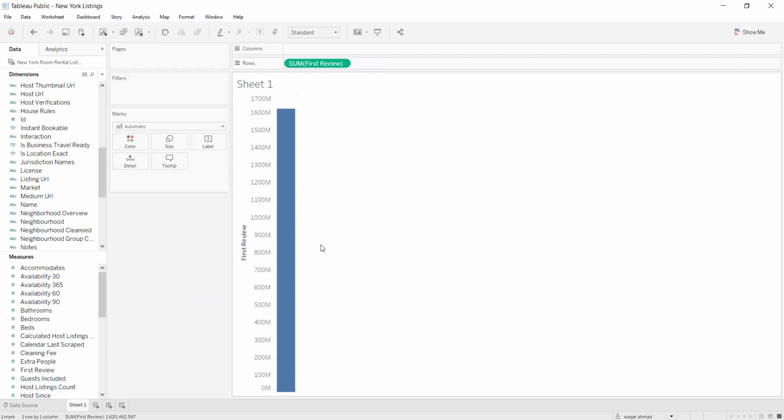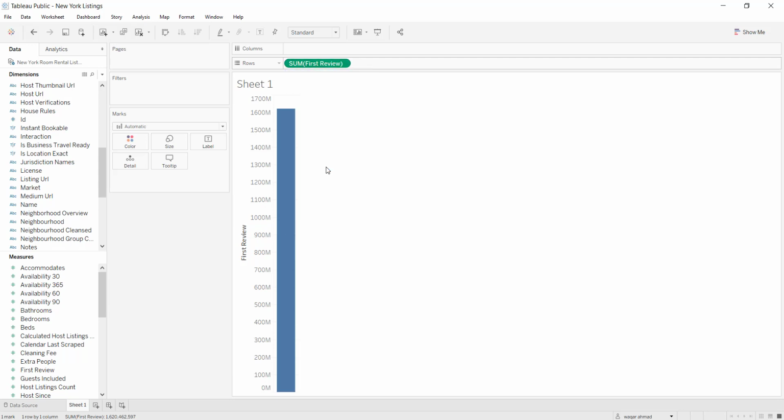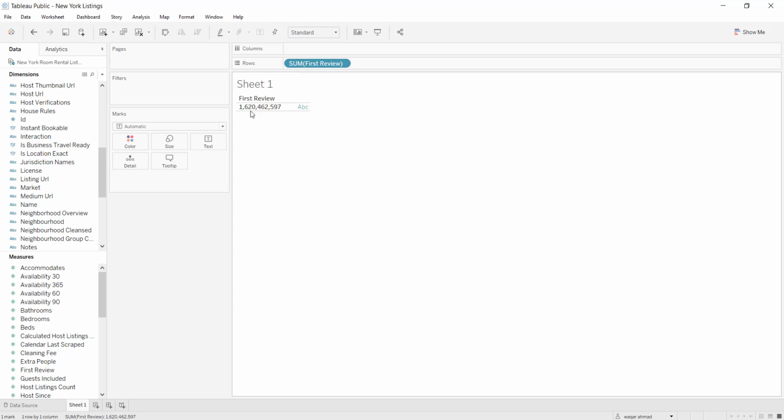Let's go ahead and drag that into rows. We can see that the sum of first review shows 1.6 billion records, right? They're coming in as reviews, and that's the sum of the first review. If we take this value, click the down arrow and convert it into a discrete, we will see first review as an actual text value rather than that